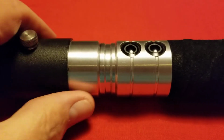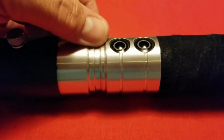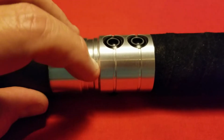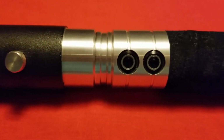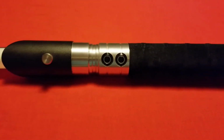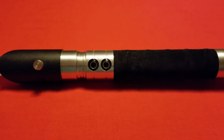Okay, so of course, this is aircraft grade aluminum, which you can see it's exposed here. This is a very comfortable choke point. There's no sharp edges or anything to be concerned about as far as comfort goes. And this is a remarkably light saber. I don't know the exact weight of it. I'm almost inclined to get, actually, I have a scale at work, and I should probably start weighing these things,